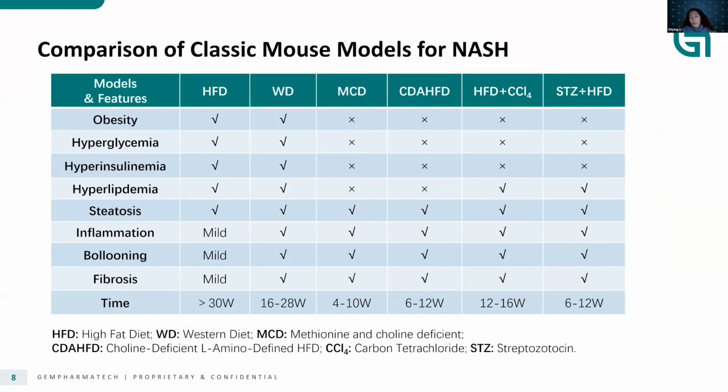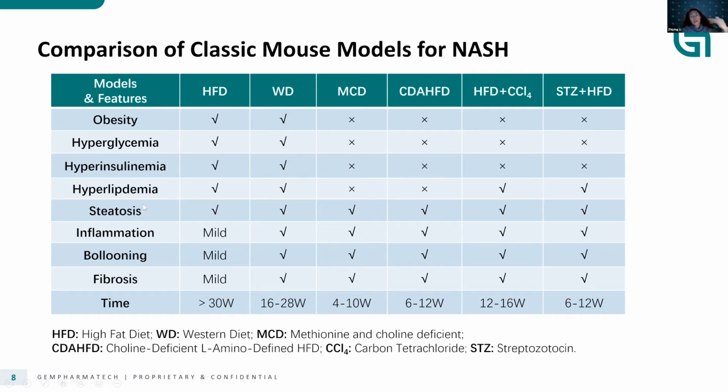So in terms of providing mouse models to support the research in this area, these are some classical models that you probably have seen on the market from different mouse model providers. On the top bar, I'm showing you, typically we are using diet treatment as well as some chemical insultation to injure the liver in order to induce the phenotypic pathological changes that we saw with the patients. So these include steatosis, inflammation, ballooning, fibrosis.